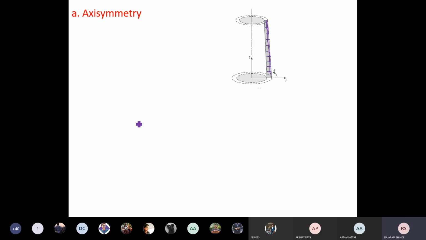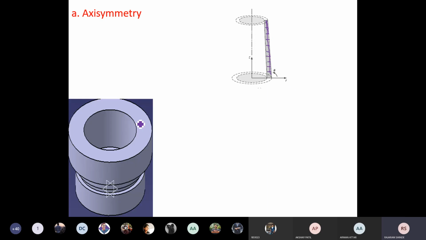Now I will tell you one more example. You see here, this is also one cylinder, and inside that there is a gas pressure, and that pressure is acting on all sides of the cylinder. Here the material of the cylinder is the same, that is symmetric about the axis of the cylinder. Now see here, when we go for modeling of this cylinder, it requires a huge number of elements, and we need to solve a huge number of equations.